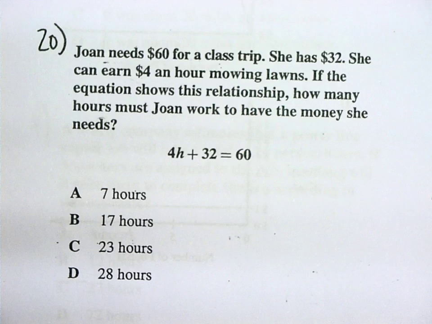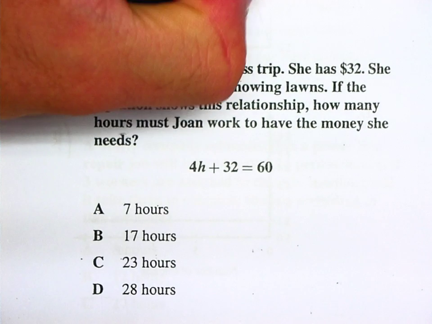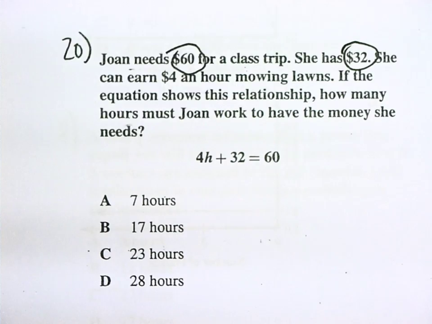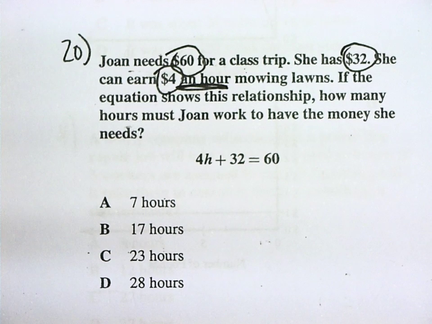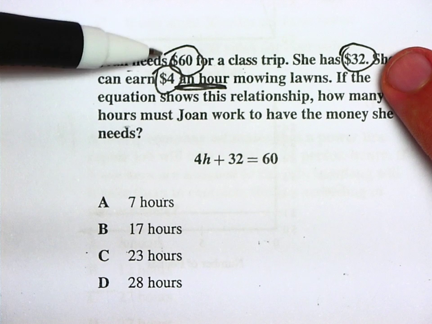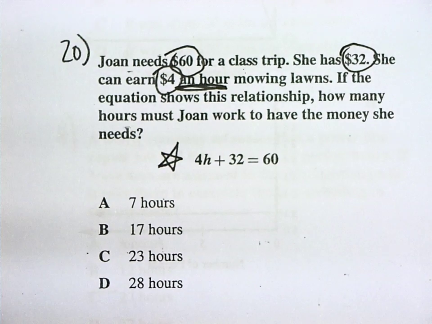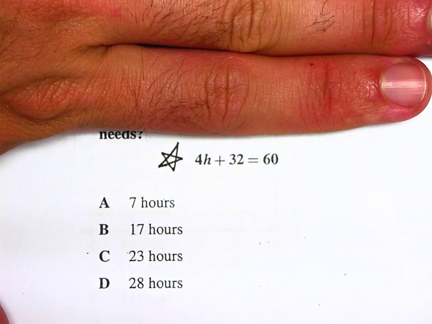Moving on. Question 20. Joan needs $60 for a class trip. She has $32, and she can earn $4 an hour mowing lawns. If the equation shows this relationship, how many hours must Joan work to have the money she needs? This problem actually is one step easier than it could have been, because it gives you the equation. So even if you didn't read the word problem, what it's basically asking you to do is to solve the